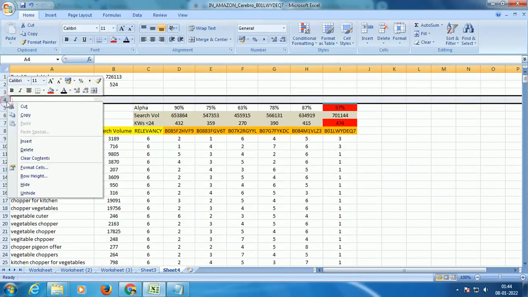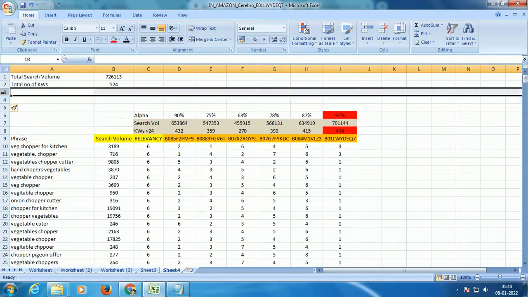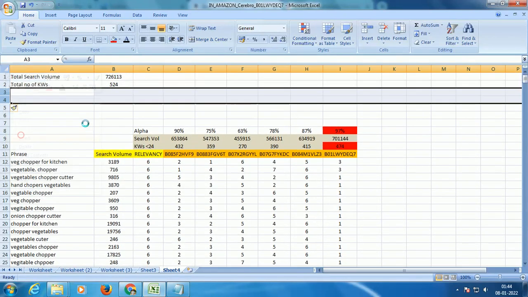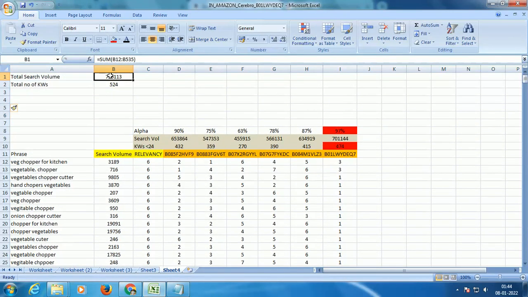Let's do one more thing. Let's do this for top 10 or top 16, right? So what I want to know once again is, for how many keywords this particular ASIN is ranked under 16, right? Why I'm saying 16 is, on mobile you'll be able to see only 16 listings or fewer than 16 listings.